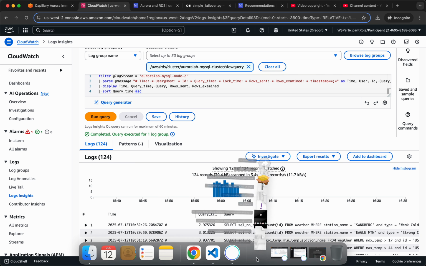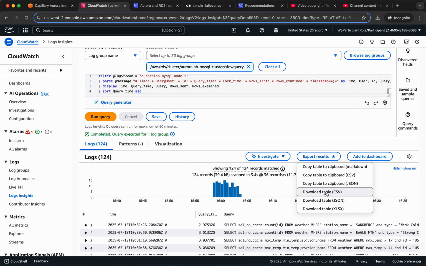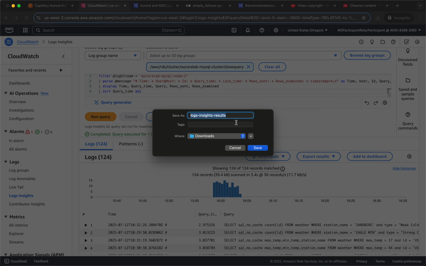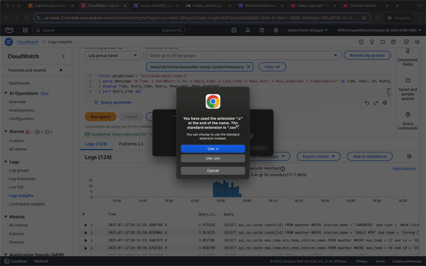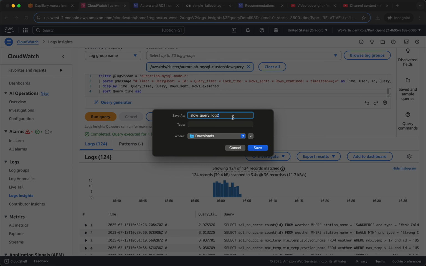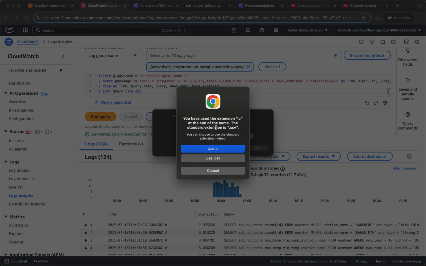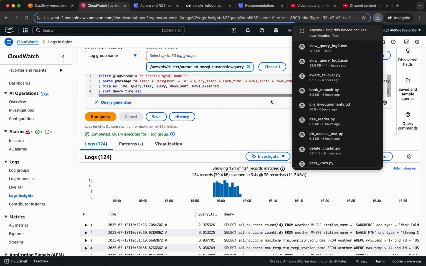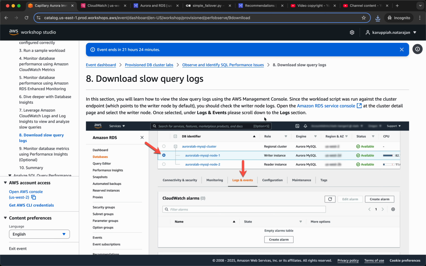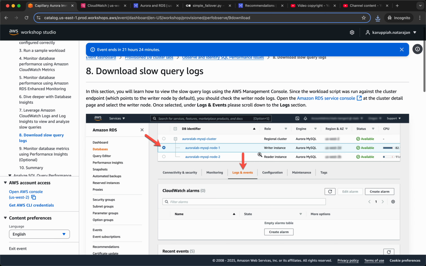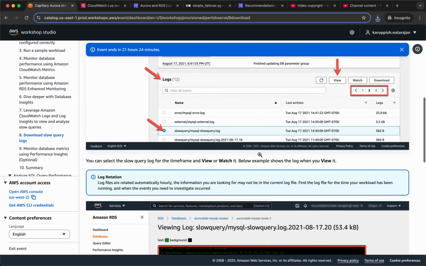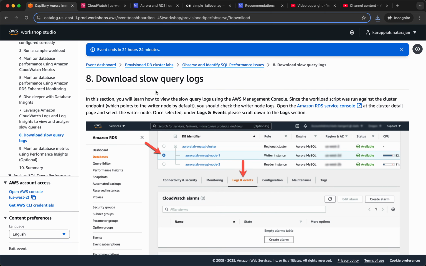Slow query log 2. Slow query log 2.csv, or just this. Okay, .csv. Okay, and now this one I can go to the RDS console,